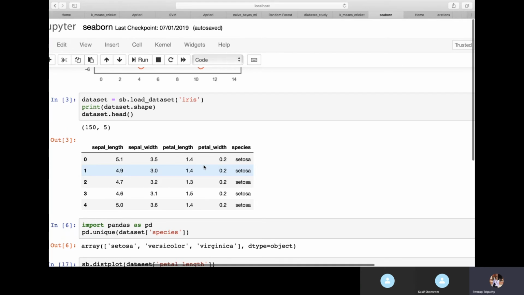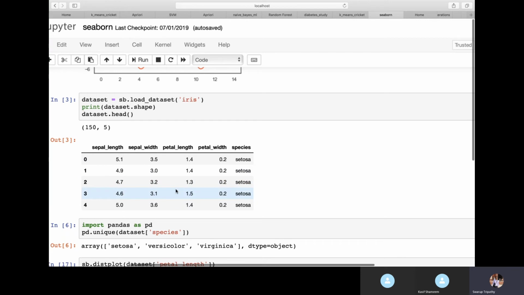But here, you can say that sepal length, sepal width, and petal length and width are the features which will tell you which type of flower a particular flower is, that is, which species it is, based on these four features. Now species is something which we are going to study based on all these features. So that is what the data is all about.